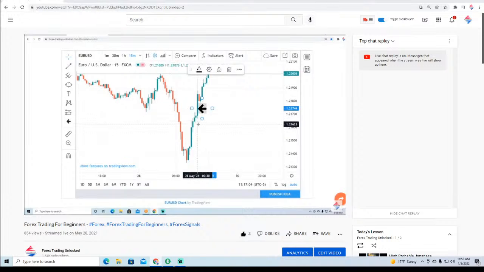The low of that bar is $1.2166. You can see the low is this number right here, L. I have this bar highlighted. The low is $1.2166, the high is $1.2187. So that's only a 26 pip range. That's not a lot of market action. When you take a look at the daily basis,